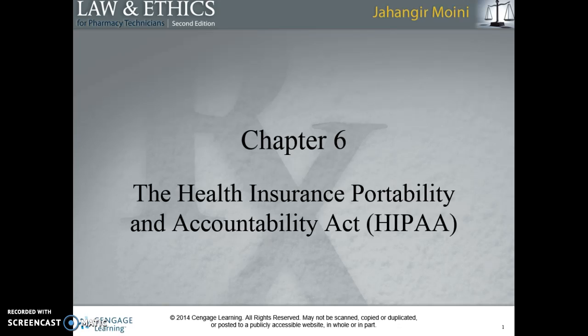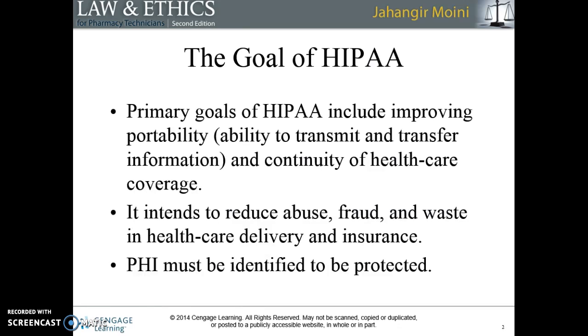So basically, when we think of HIPAA, it's all about the ability to move or port information back and forth. So that's where it comes from, that it's the Portability Act. Portability means movement, so transferring and transmitting information back and forth to allow continuity of healthcare. Now, the idea that most people think of when they think of HIPAA is privacy, right? Privacy is definitely part of HIPAA, but it is just one small part.